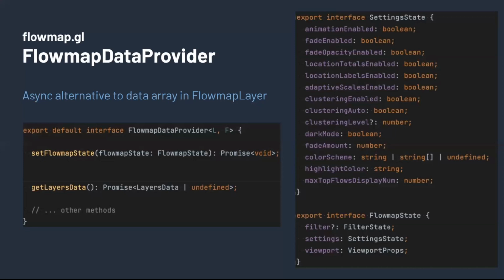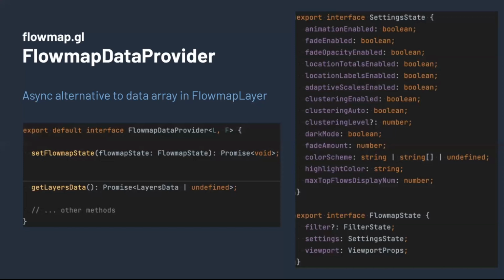And we can plug in different implementations. It has a set Flowmap state, which has some settings for the Flowmap visualization itself and the viewport, and also potentially some filters in this data provider. And we have get layers data, which is an async method which returns